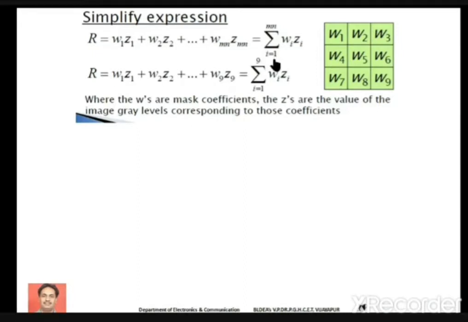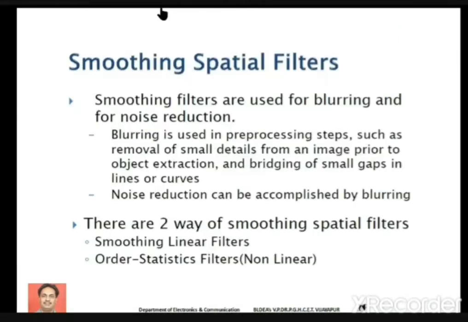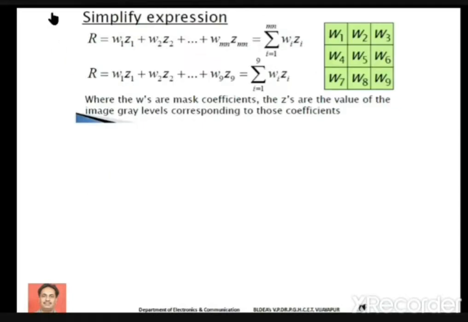the sum over i equal to 1 to m times n of wi times zi. I think you can easily understand this equation now, so that the response of the filter is w1 z1. W1 is the first coefficient of the filter window. Z1 is the first overlapped pixel value of the image.